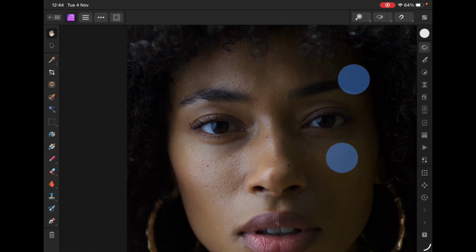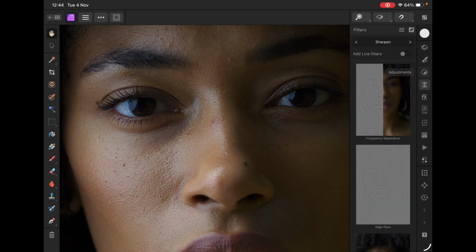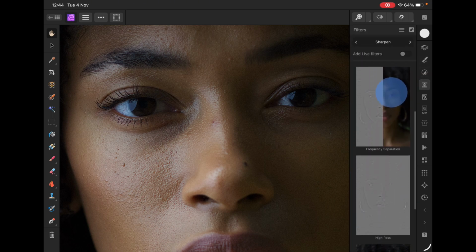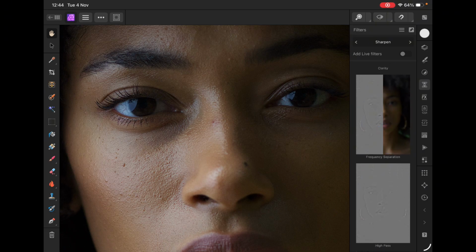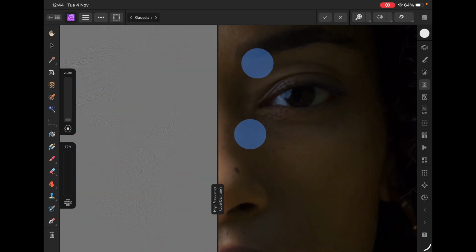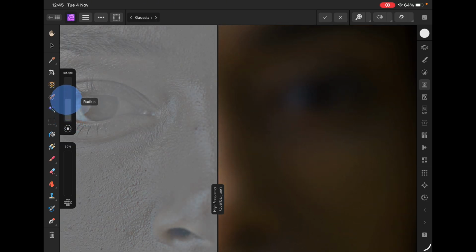Let's show you an example now. In Affinity Photo 2, we'll go to filters, and just underneath clarity, you go to frequency separation, and here's your example. What I'm going to do is exaggerate and increase the radius so